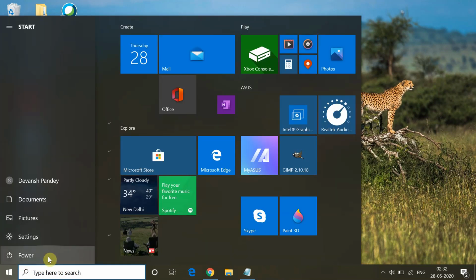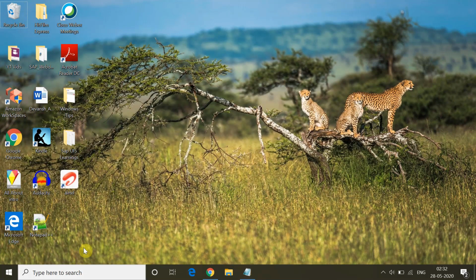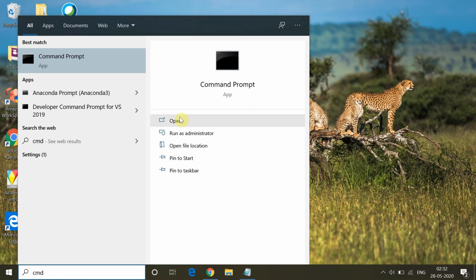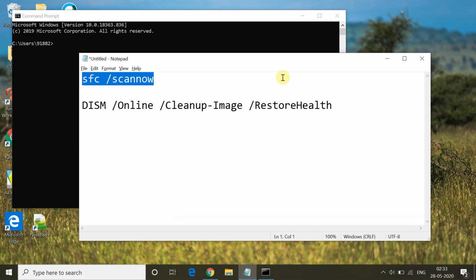Once you restart your system, again come back and go to Command Prompt. This time again you have to run it as administrator. So first let me close it.